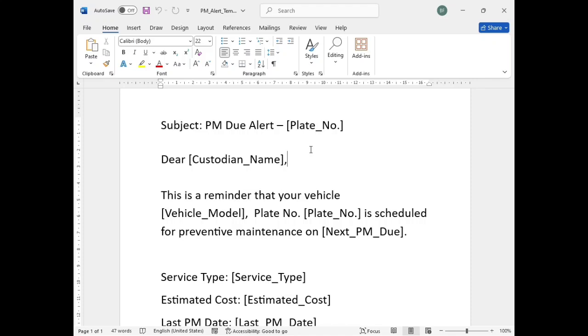Today I'm going to show you how to prepare a mail merge for this PM due alert communication which I have here, which I'm going to explain to you later. The mail merge automates personalized communication by combining a template document, for example a letter, email, or label, with a data